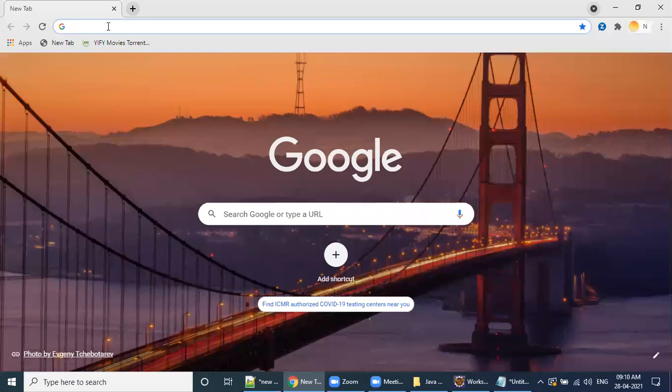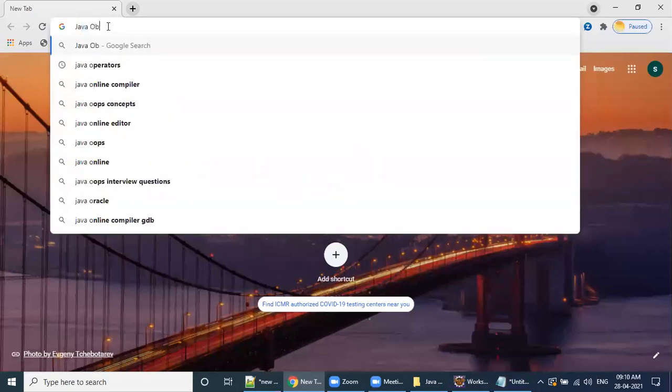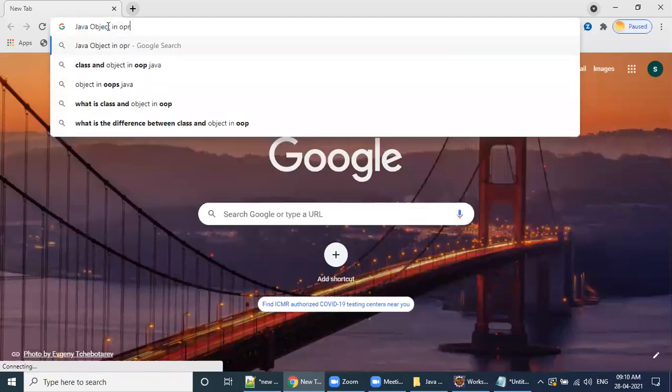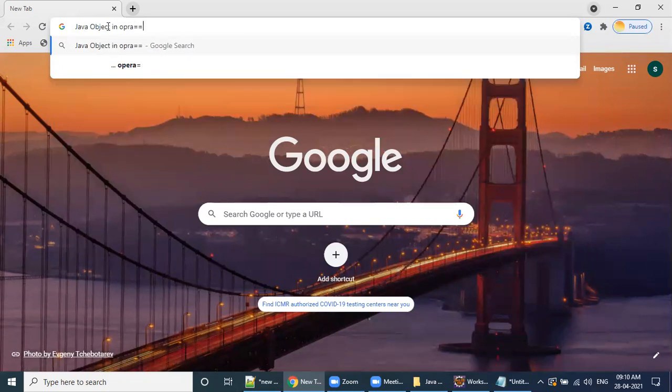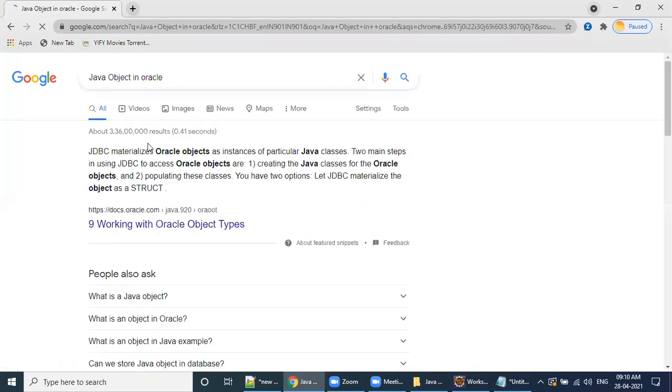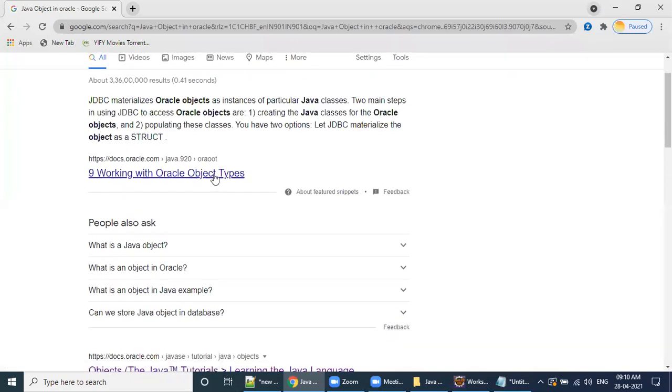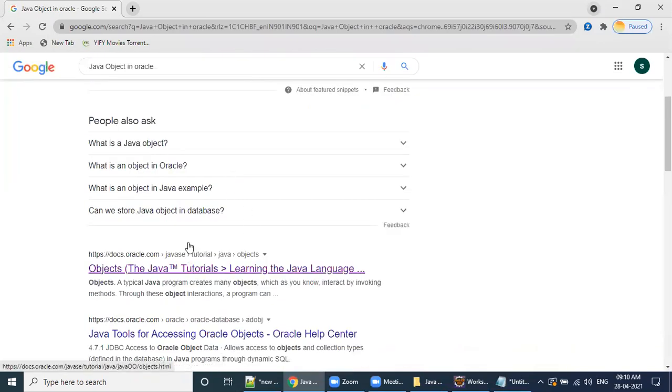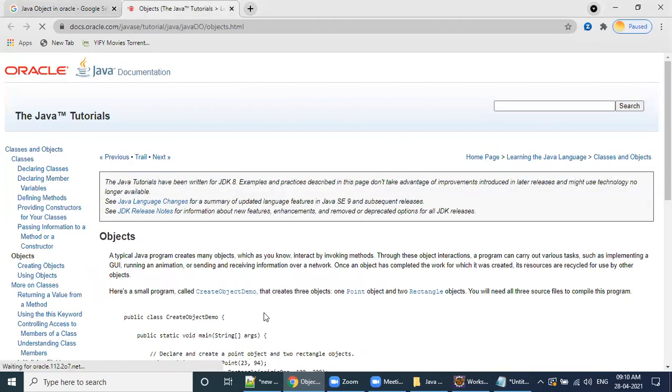You can search for Java object in Oracle. Working with objects, see here, this is where we can see it. We'll see the system-level proof, in Eclipse, of what the object is here.